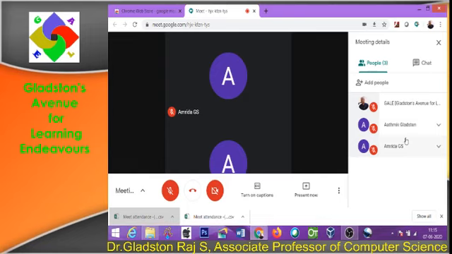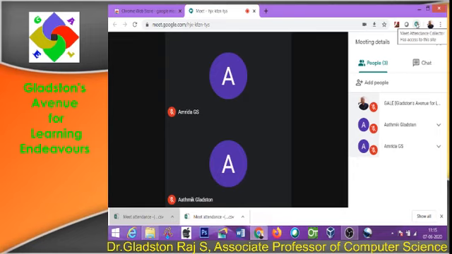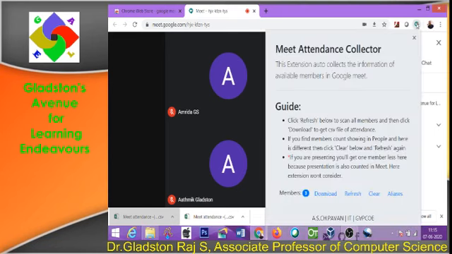What I have to do to mark attendance is this: at the point in time when you wish to take attendance, click on this particular icon, which is present in the browser itself as an extension. Click on it, and you will see a window which shows different options.